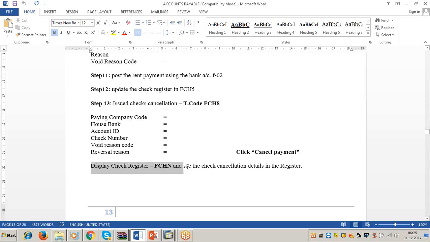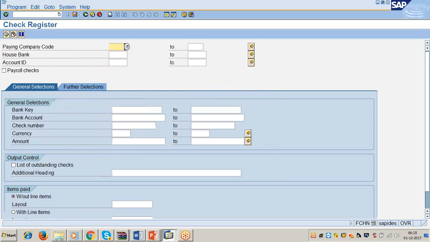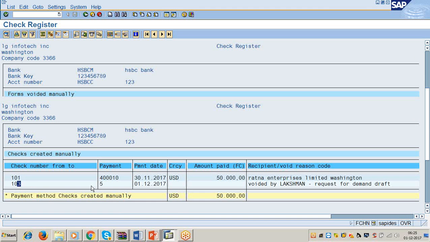Display check register, FCHN, and see the check cancellation details in the register. Paying company code 3366. House bank is equal to HSBC-M. Account ID HSBC-C. Click on execute. See, check 103.